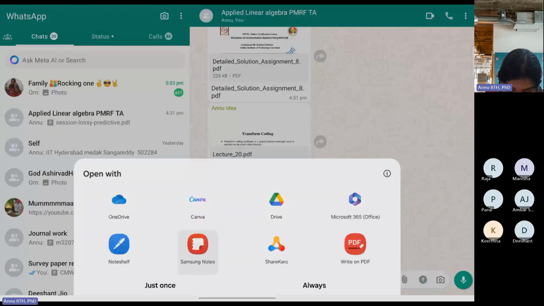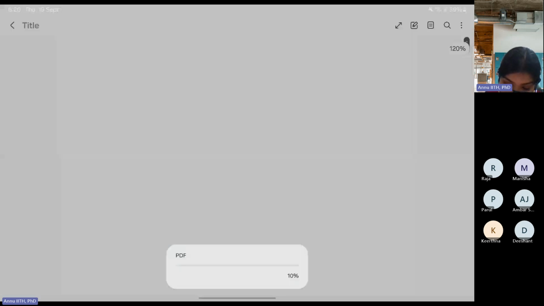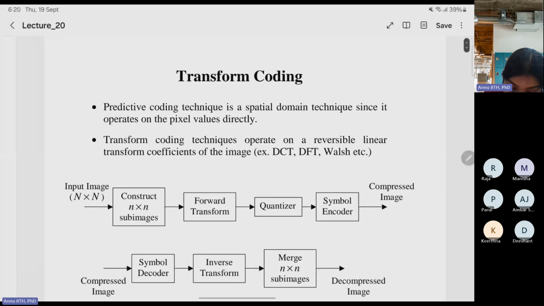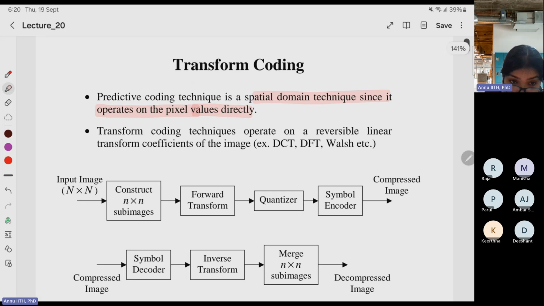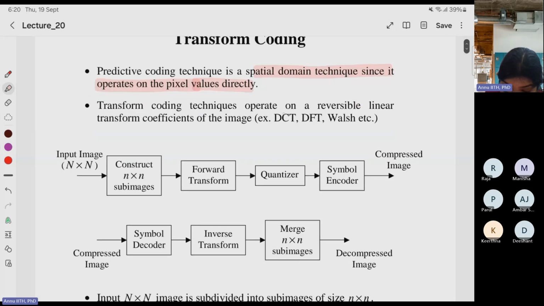I will go into depth about this transform coding. Under transform coding, you have predictive coding, which is a technique. It is a spatial domain technique since it operates on the pixel values directly. Transform coding operates on a reversible linear transform coefficients of the image, such as DCT,